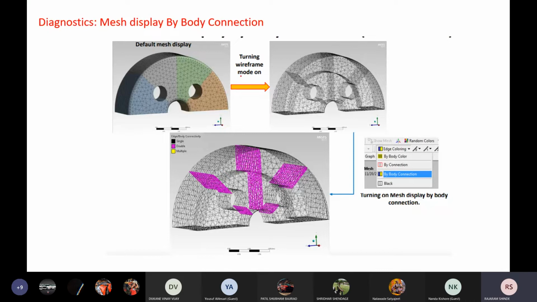Now when we select the wireframe for the same model, you will get this wireframe. Okay. Now this is mesh display by body connection. That means these are the different bodies, and at the connection of the bodies you will get this purple color. Okay. Now that display control we have in the display options. Okay. And how we can get it, that I will show you.